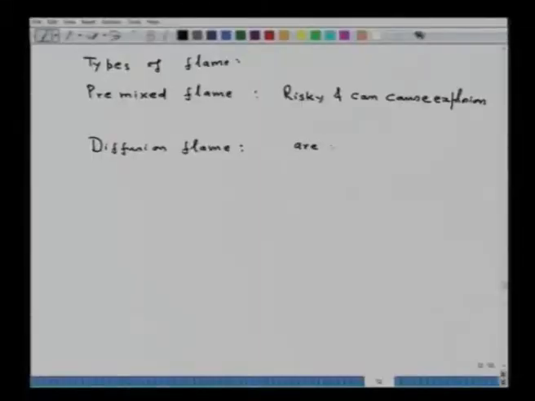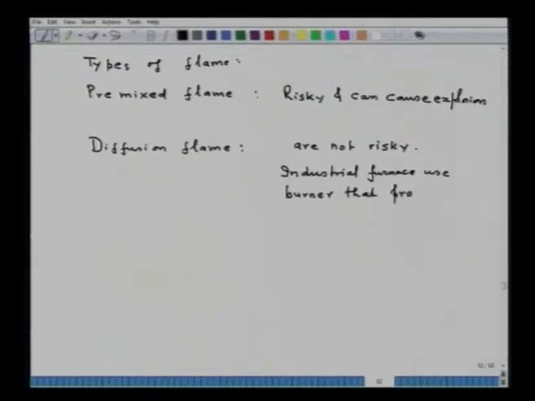So, these diffusion flames are not risky, and all industrial furnaces use burners that produce diffusion flame. Now, the diffusion flames are long,